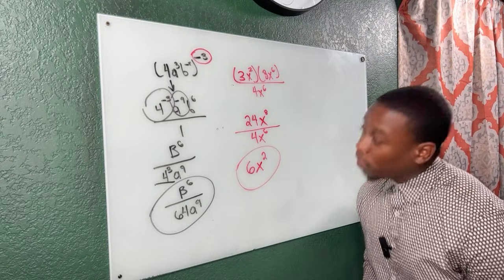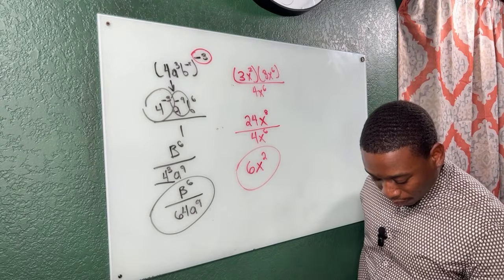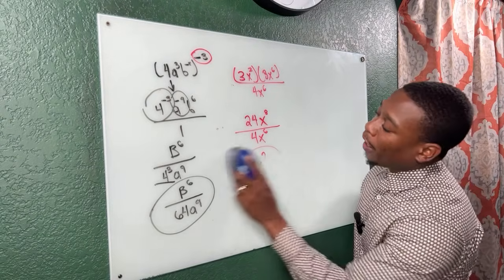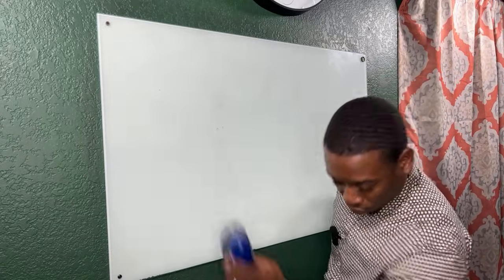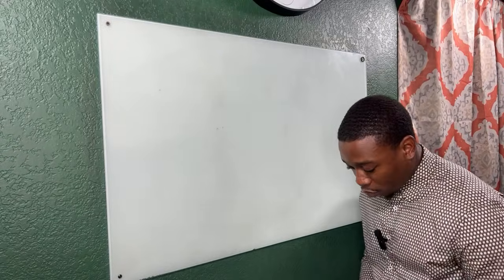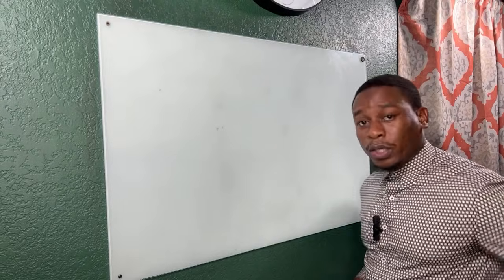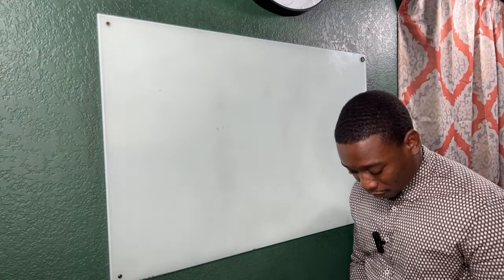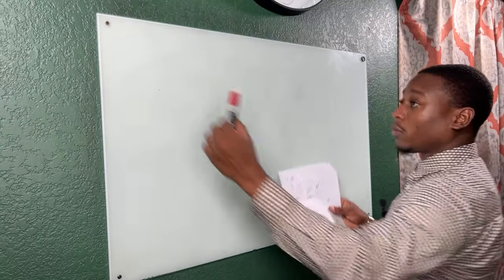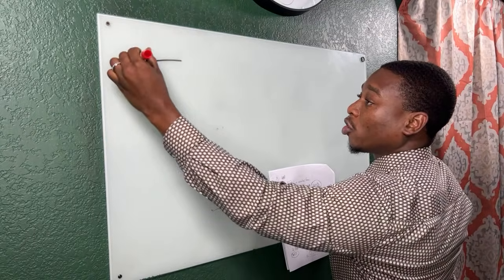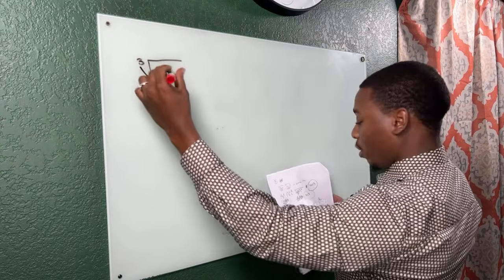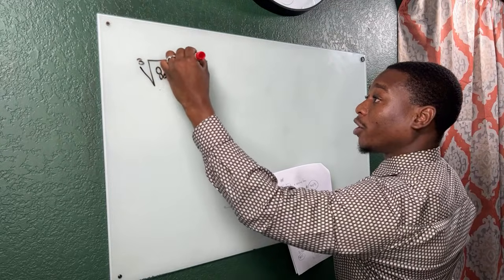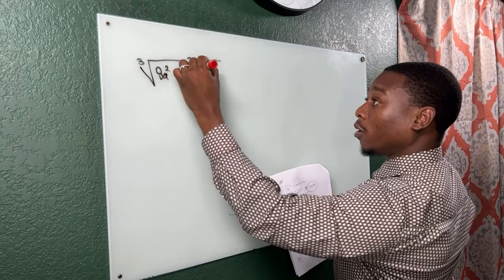All right. So the next question we have, we're going to be dealing with exponential form. So this is what they're going to give us. And I want to show you guys two different ways to solve this, okay? So we have the cube root of 8a squared multiplied by the cube root of 8ab